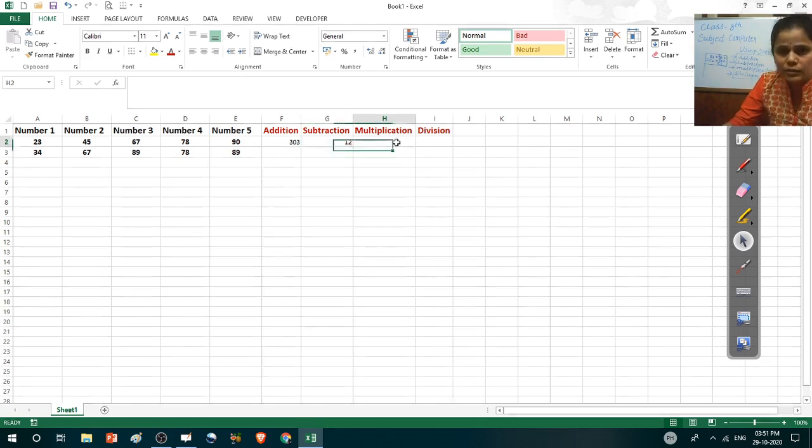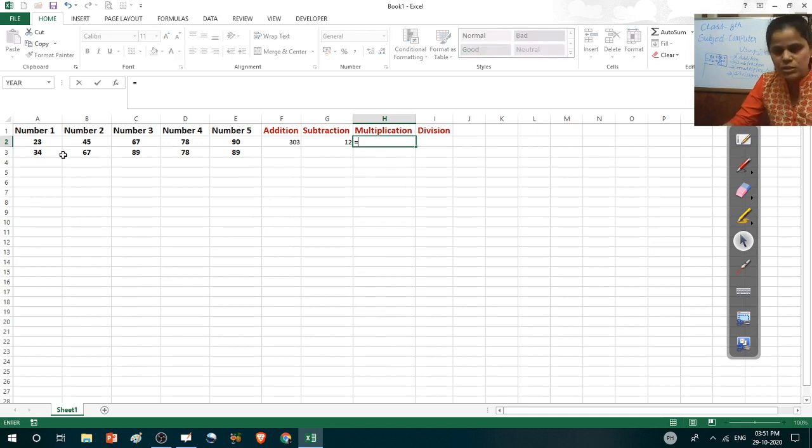Again, the third operation is multiplication. If you want to multiply all the numbers, first type the equal sign, then the first cell. For multiplication, use the asterisk symbol from the keyboard. Where is the asterisk? Press the Shift key and the number 8 key.